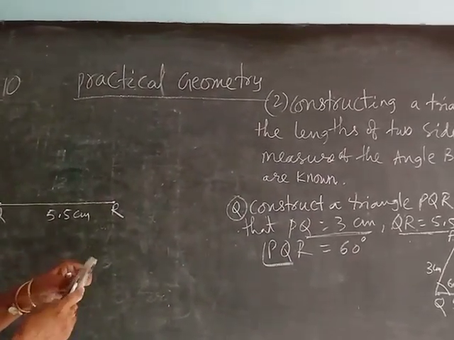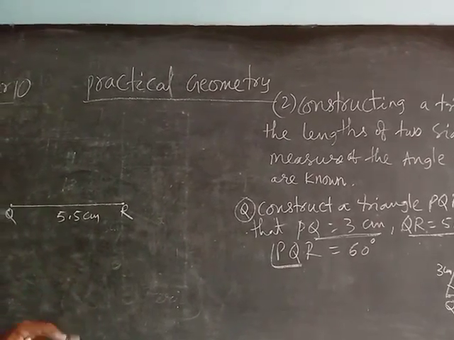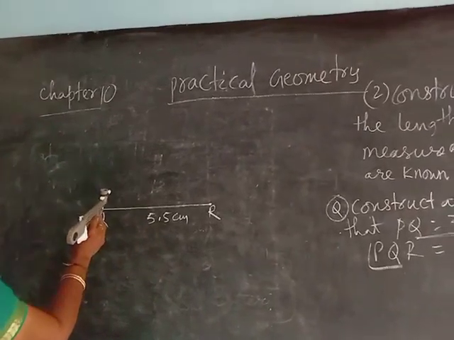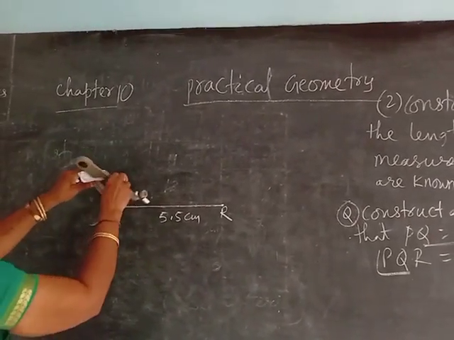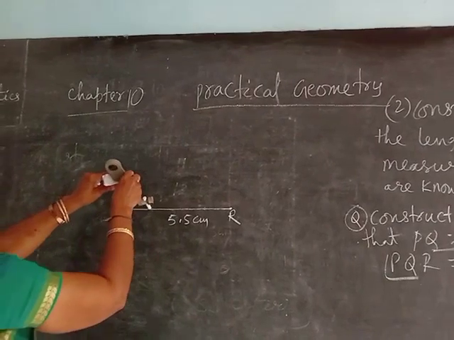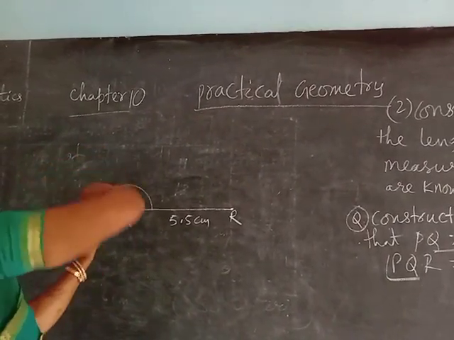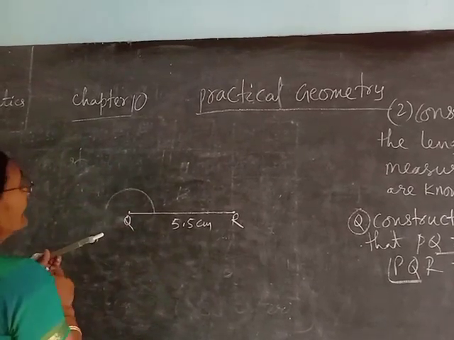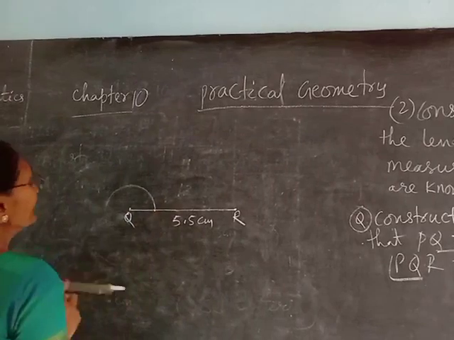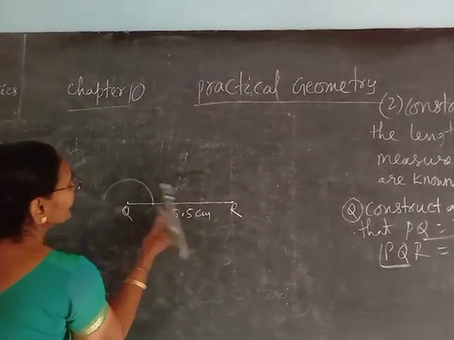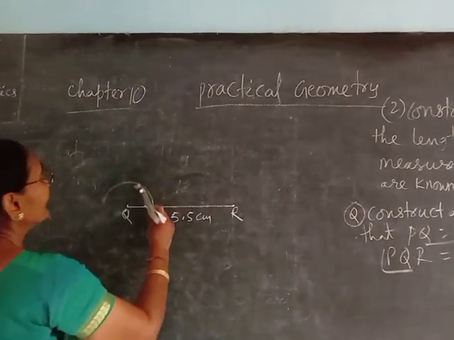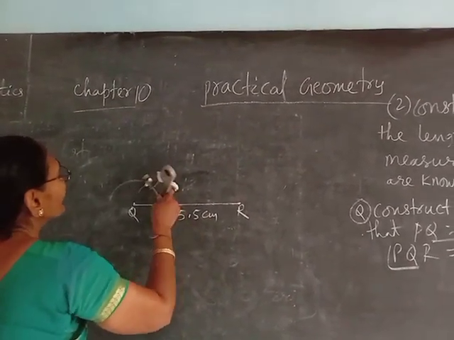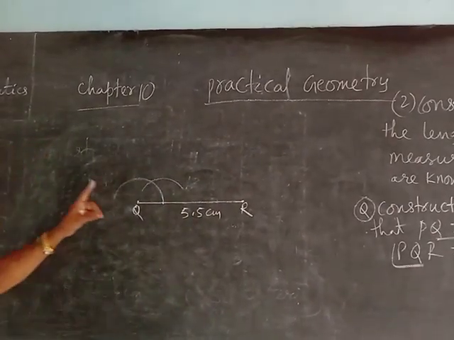Then here, at Q, it is 60 degrees, and you have taken your compass, take some radius and construct a 60 degree angle. How to construct, do you know? First you keep the compass on the Q point and take some radius and draw an arc like this. Do you understand now? This is one arc you draw. Any radius you take, draw one arc. Then where the arc and the line are intersecting, there you put the point, and from that point, with the same measurement, you draw another arc on the arc. Do you understand this one?